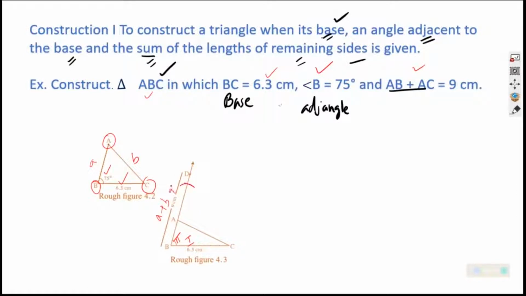For that, we have already drawn the side, and we'll mark with the help of a compass 9 centimeter over there, and that will be sufficient. So from there you will draw a line to C, and that will do in the construction now. That line will again help you to create what we say